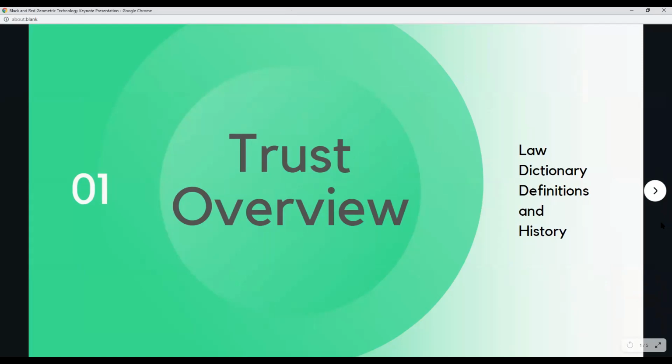I'm so glad that I didn't do my presentation earlier because all I had was a Google document. It was so boring. So I got inspired and I was like, okay, I'll try and figure out how to make it pretty. I set this up with just some law dictionary definitions, a little bit of history on trust. This might be basic knowledge for some people, but I feel like it kind of helps me when I'm filling out the information to get the idea of each word's real meaning behind it. Okay, so we've got